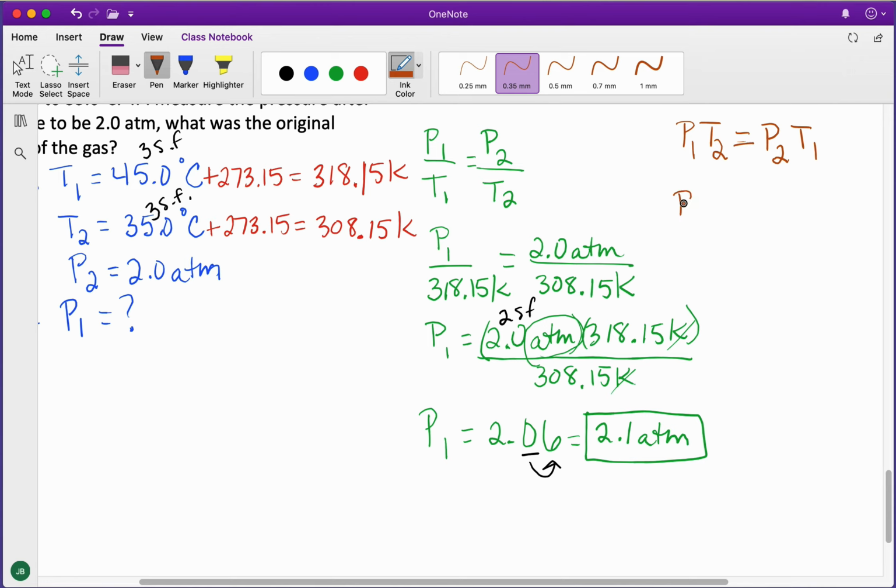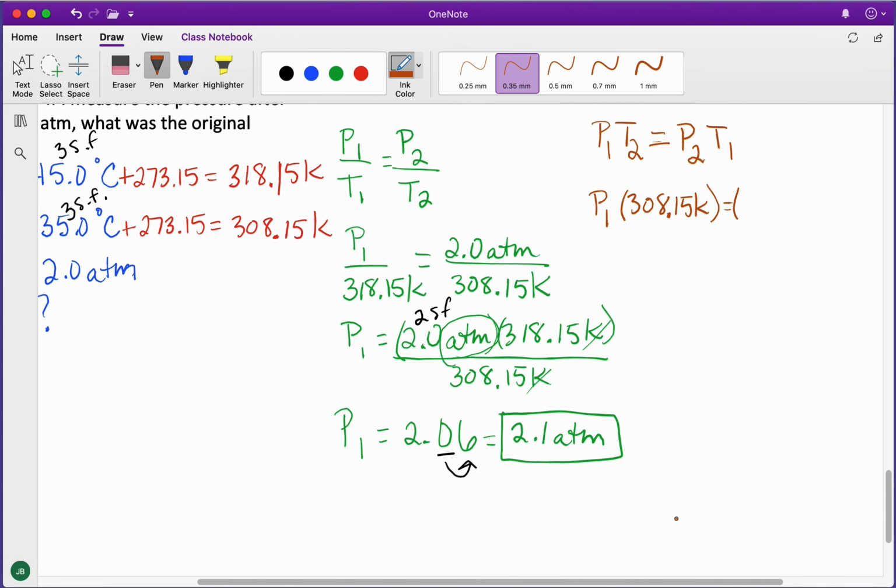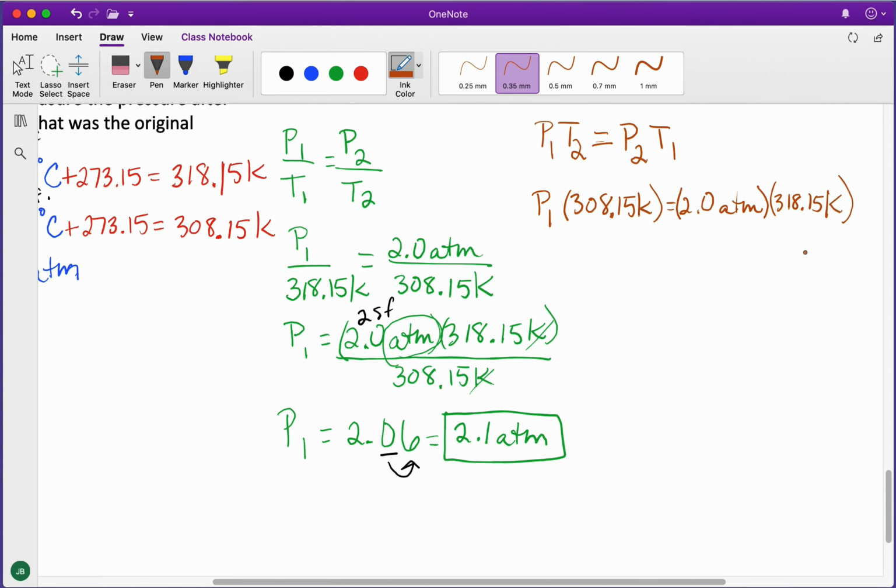All right, so pressure 1 times 308.15 kelvins equals 2.0 atmospheres times 318 kelvins. And once again, this is going to leave us with pressure 1 equals 2.0